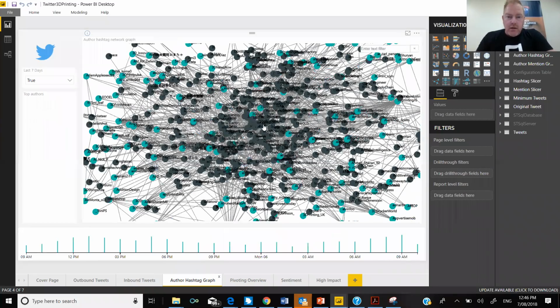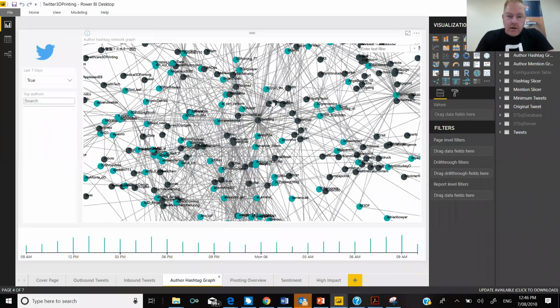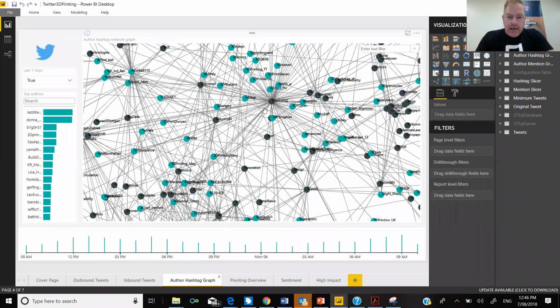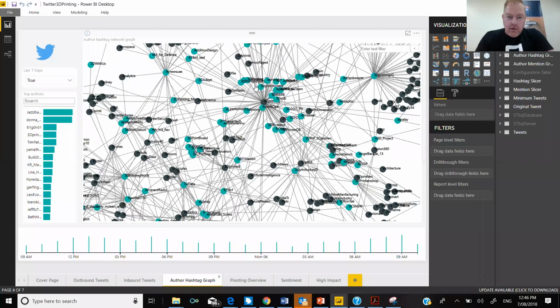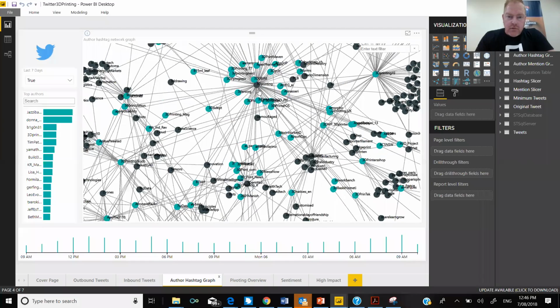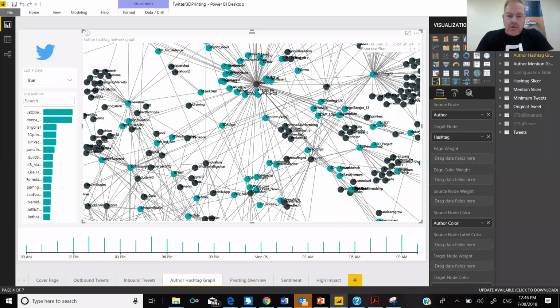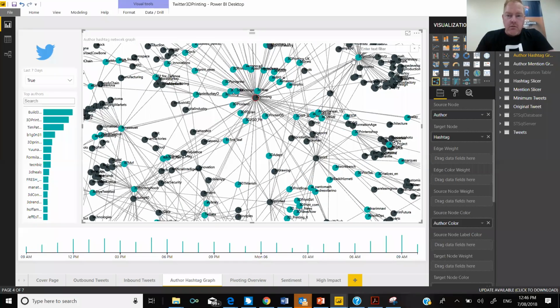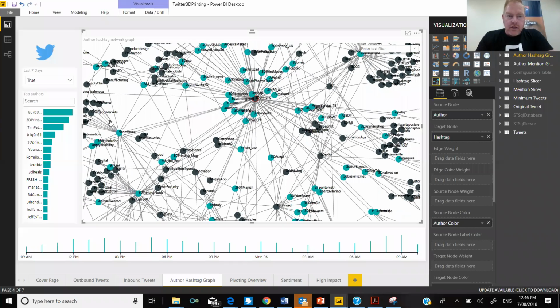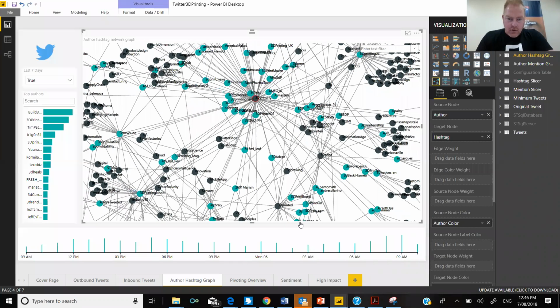So the grey nodes are the search terms, and the central search term that I looked for last night was 3D printing. So you can see that central search term there. That's essentially what we're tracking as the root search term, as opposed to all of the sub-terms that are appearing in the other grey nodes.